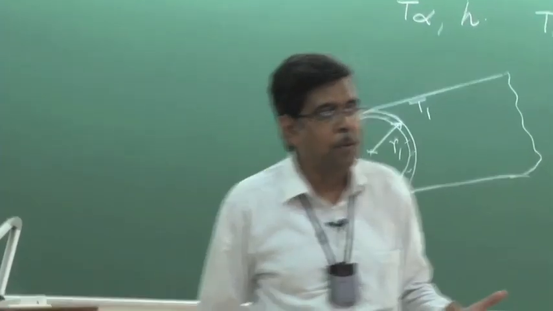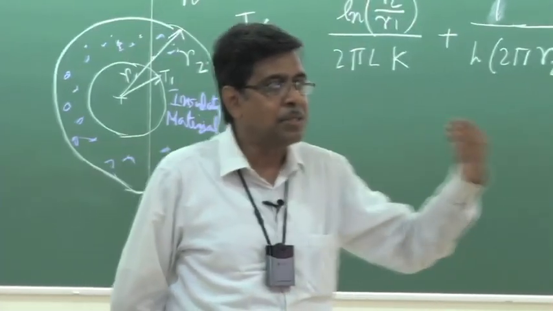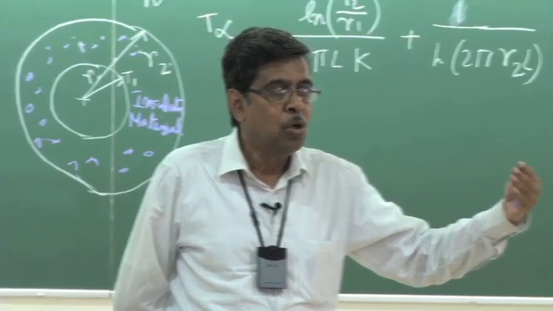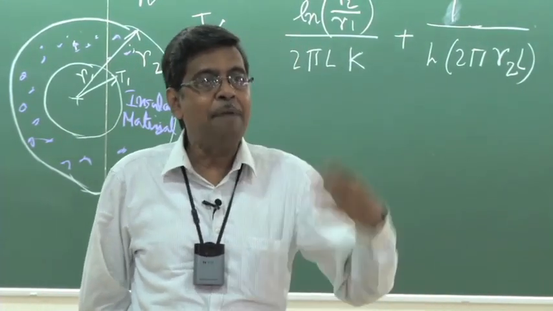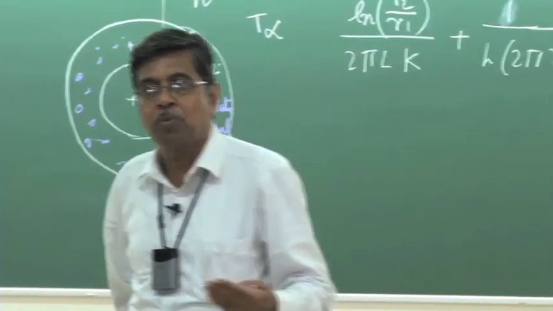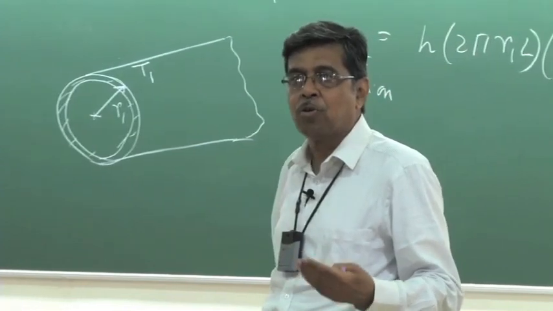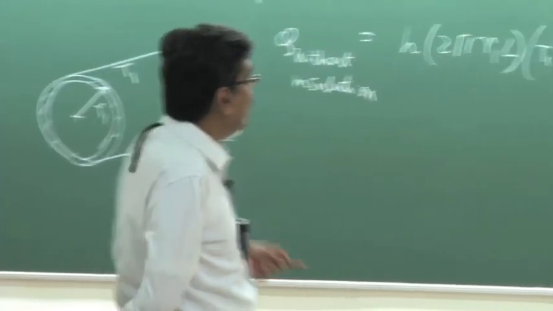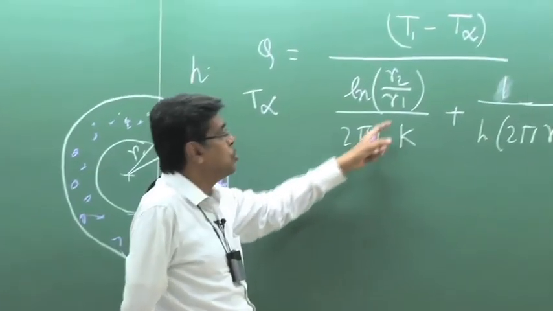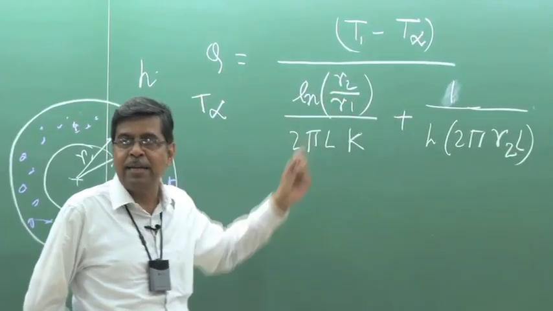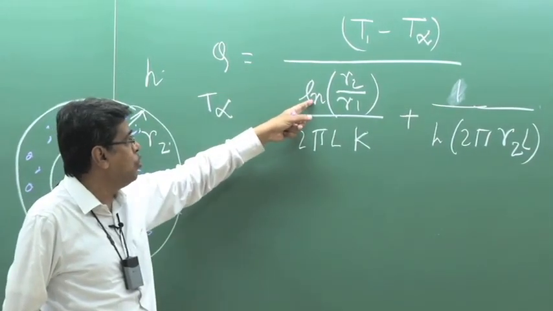So the problem becomes: how do I vary R2, the radius of the insulation, to minimize Q, or to have as little Q as possible? In other words, we would like to know the influence of R2 on Q. Now if you write the mathematical expression, a student keen on mathematics can immediately tell that if we increase R2,